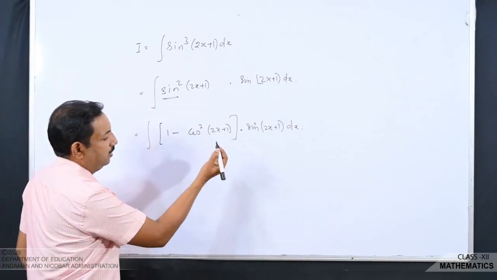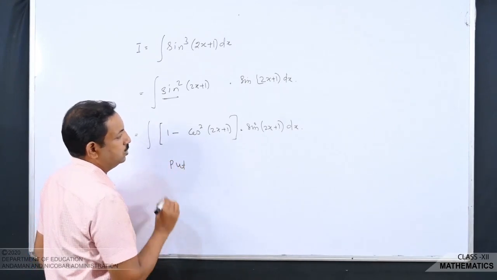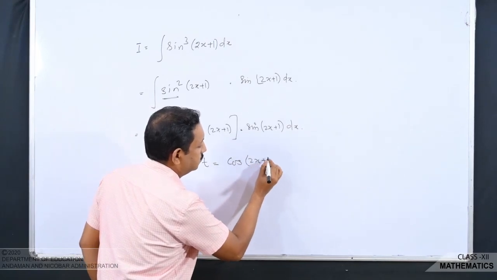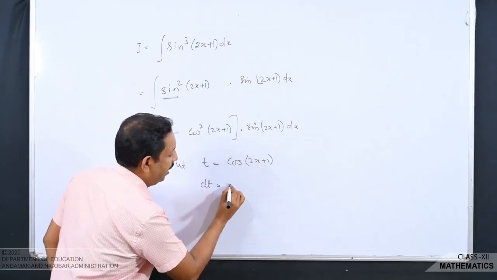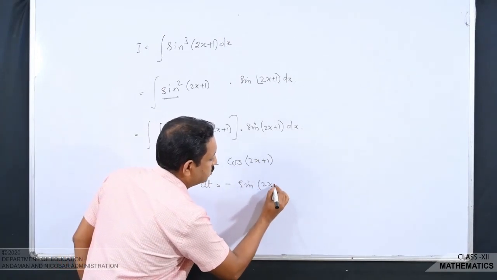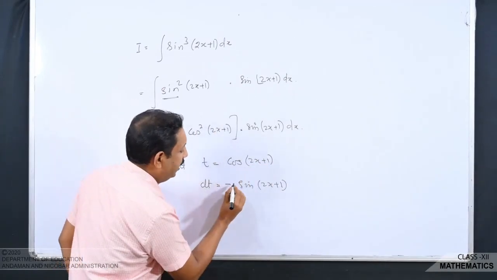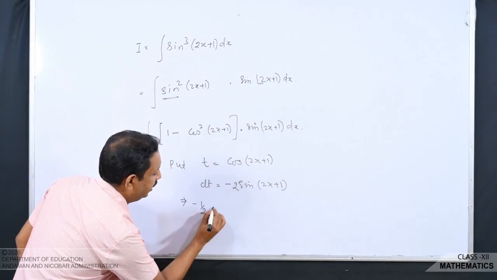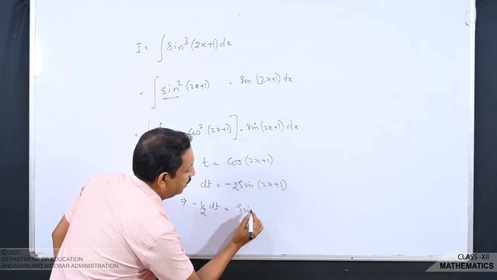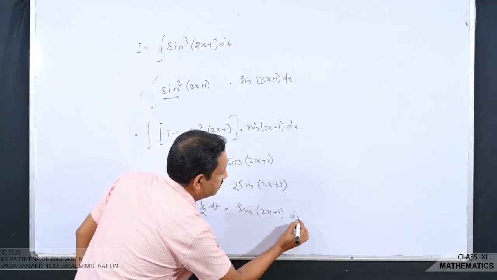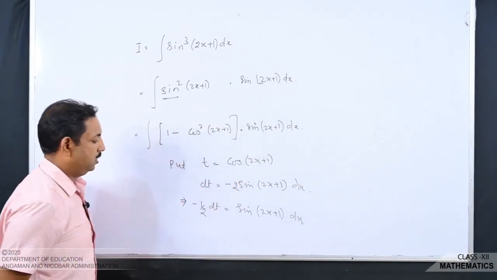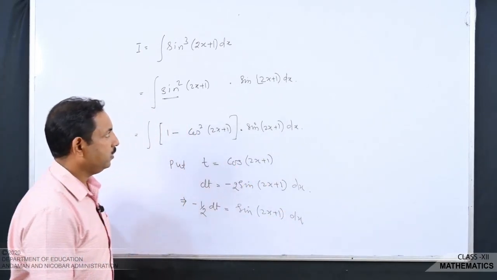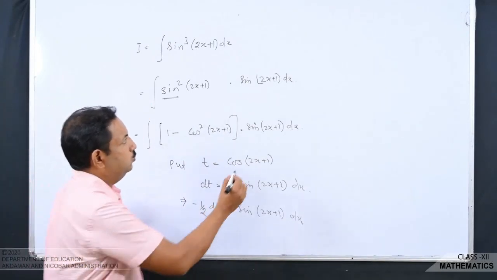That means here now if I put t equal to cos (2x plus 1), simply dt becomes minus of sine (2x plus 1), and for this 2x plus 1 we get 2 here. That means this implies you must have minus 1 by 2 dt equal to sine (2x plus 1) dx. You must have the dx here also. Now look here, our integration changed to